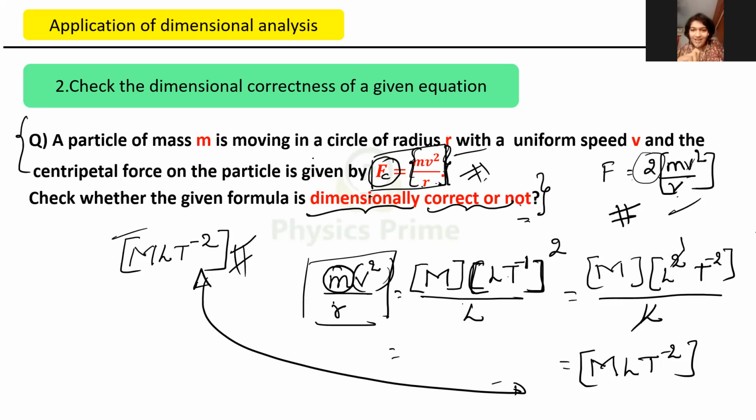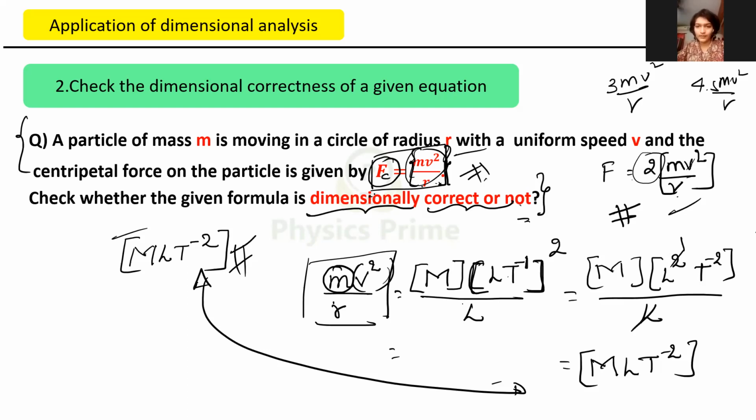2 MB square by R is also dimensionally correct. MB square by R is also dimensionally correct. But we cannot say which is the correct equation here, because 3 MB square by R will have the same dimensions. Yes, sir. 4 MB square by R, 4.5 MB square by R will also have the same dimension. So anything can be the formula, but MB square by R can only be dimensionally correct as of now. With the understanding that you have now, you can only say whether it is dimensionally correct or not. We cannot say whether the formula is correct or not. Formula can be anything.